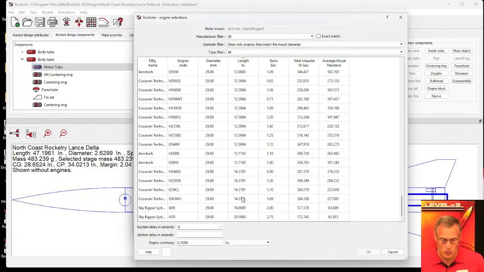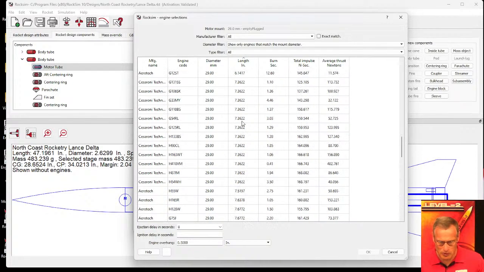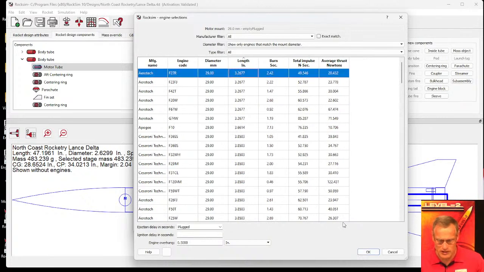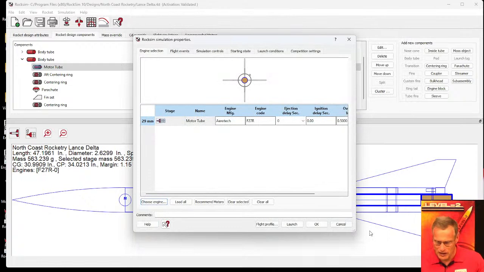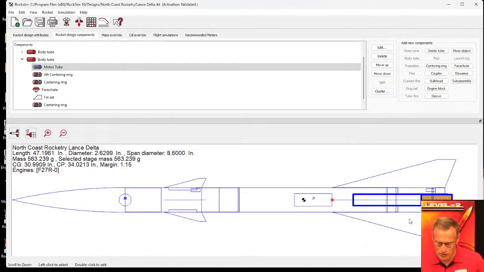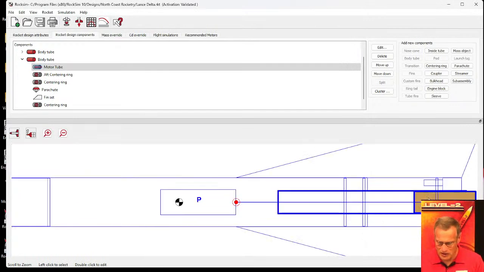But the longest one that is a solid propellant rocket motor is this Cesaroni. And there's a bunch of them that are 14.37 inches long. So let's start by putting in a short one, which is the 3.26 inches, and click OK. And you can see back here, I'll click OK here. You can see back here that